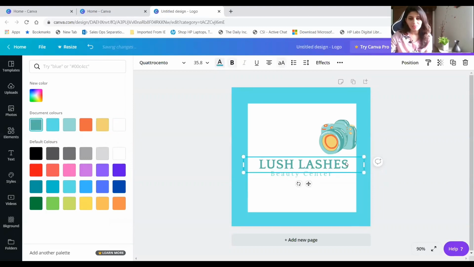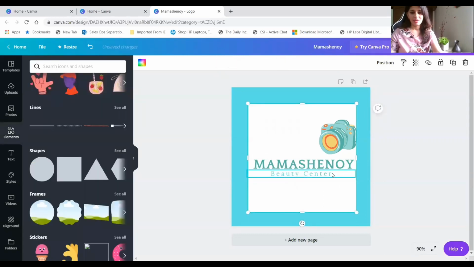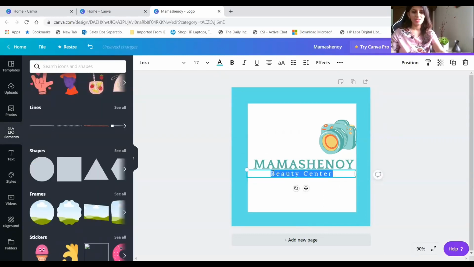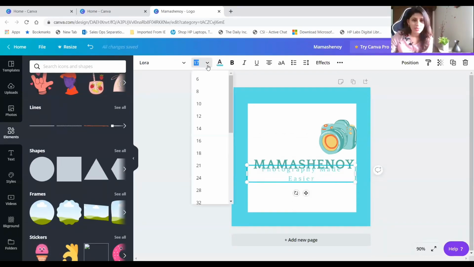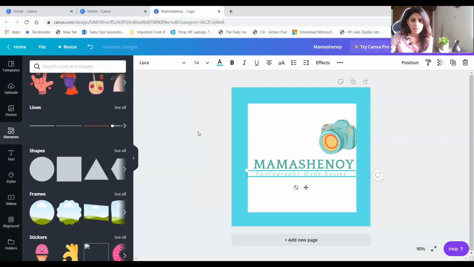Okay, now considering that I would want to write it as Mama Shanoy and maybe just add a tagline, for example, photography made easier. And now what I can do is reduce the size just so that it looks good enough.